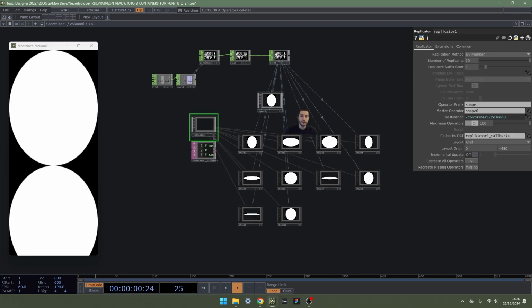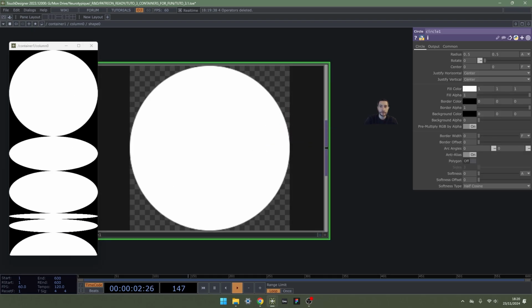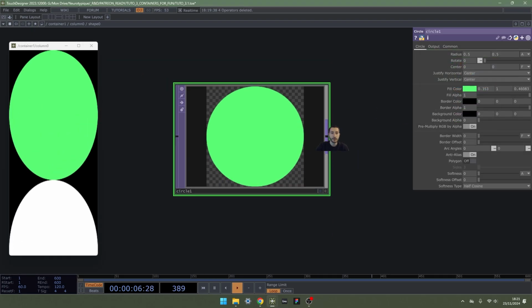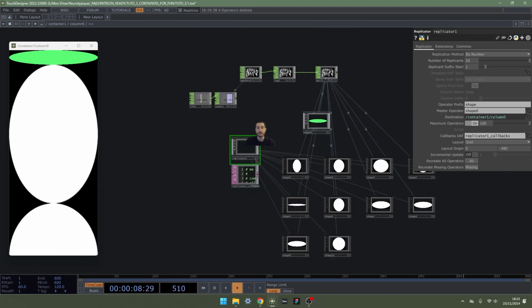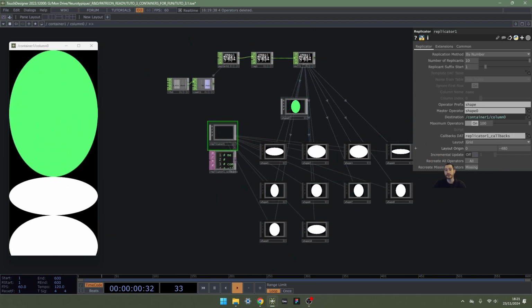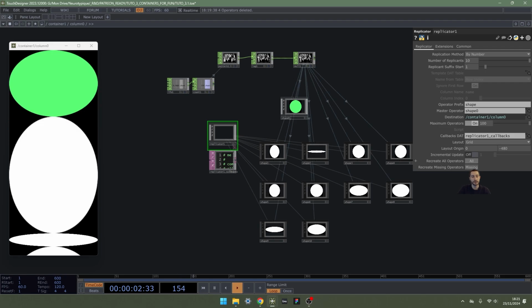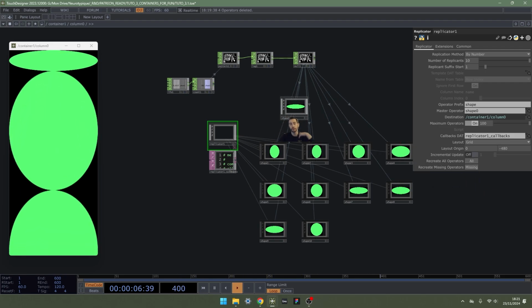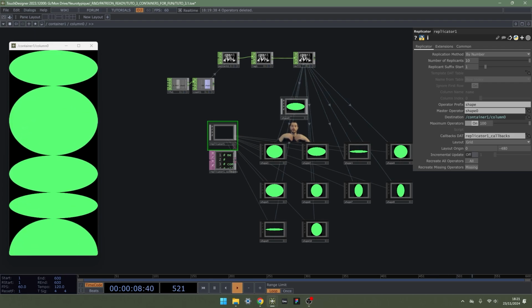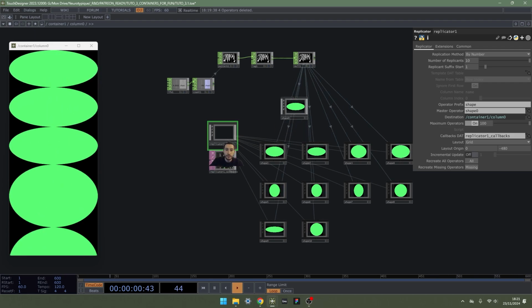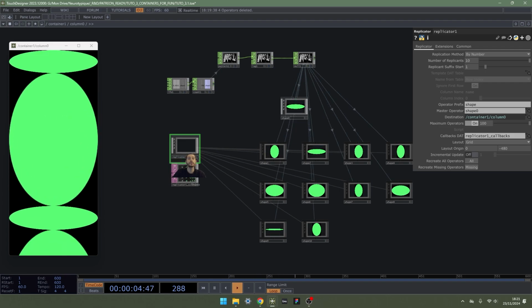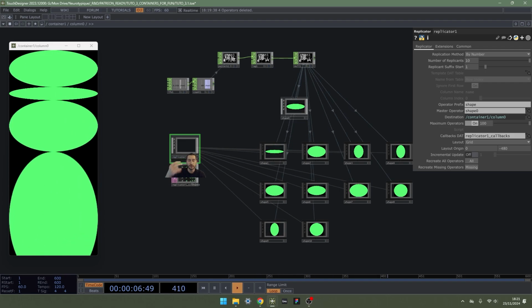Remember, when you're doing this and you make some adjustment, let's say I change the color of my circle, it's not going to update until you hit recreate all operators. When I do that, everything redoes this copy, but as long as you don't touch this replicator, it's not going to recreate the copy each frame.